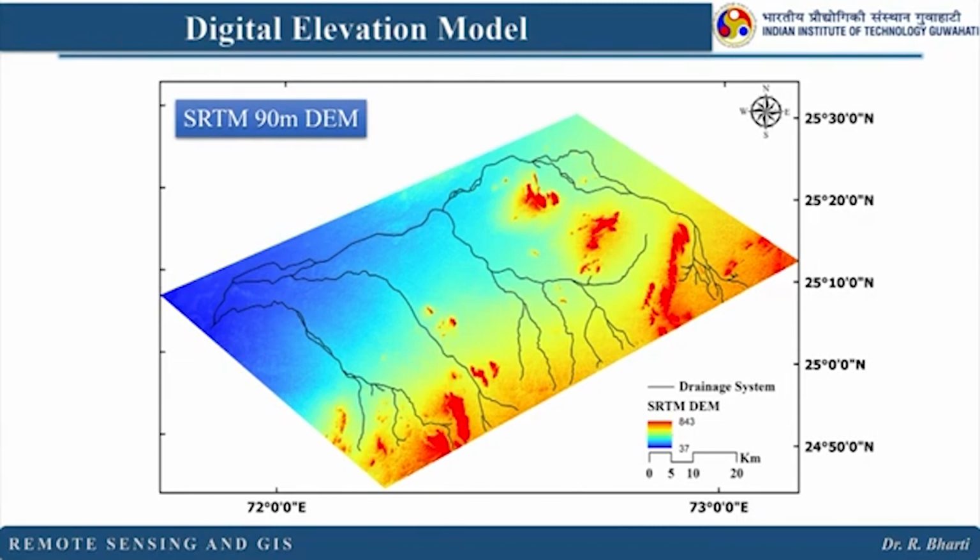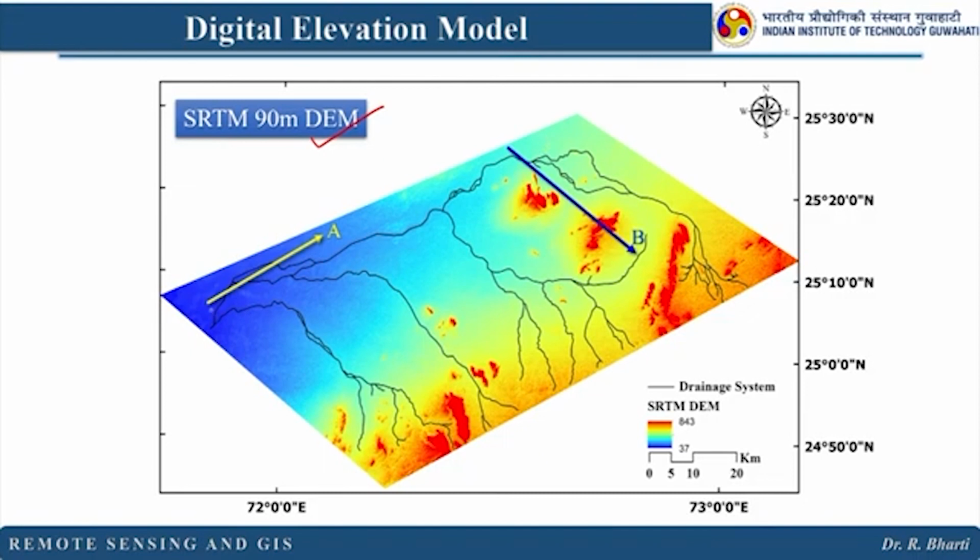It can be a reflected, emitted or backscattered value, but here you have an altitude value, height information. So is there any way we can merge these two kinds of information together so that our analysis will be more advanced? Let us see this example where I am using the SRTM 90 meter DEM, and let us see